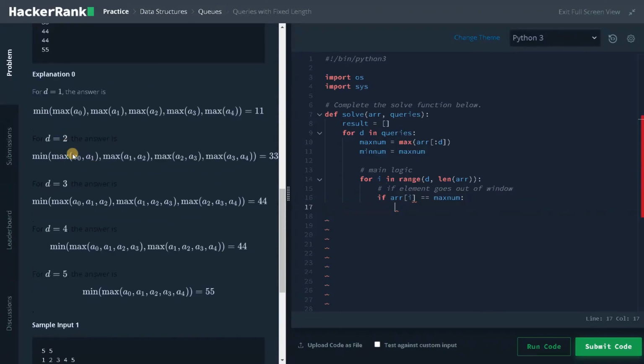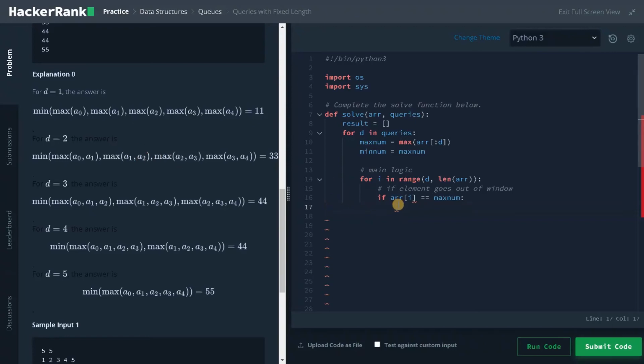Here, let's say a of 0 to a of 1, we have found the max number, that is a of 0. When we consider a of 1 and 2, we need to remove this a of 0. If a of 0 is equal to the maximum number, means we need to find the new maximum of this